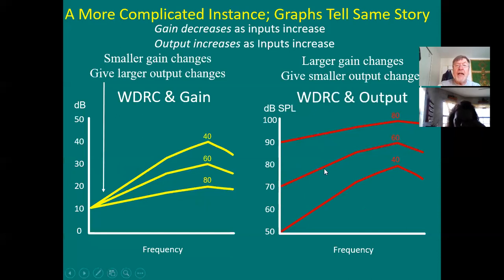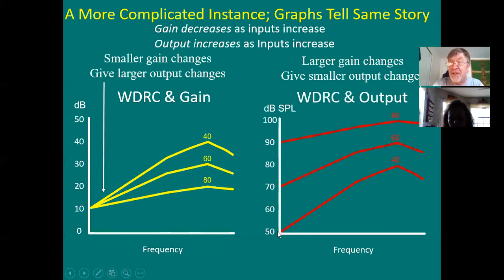Look at 80 dB inputs. I wanted 10 dB of gain for 80 dB inputs, so my output is 90. I wanted about 20 dB of gain for an 80 decibel input at this frequency. Now it's 100. So the more similar they are in terms of gain, the more different they are